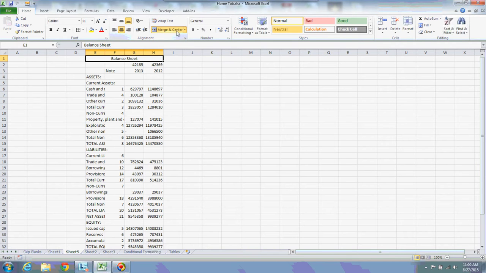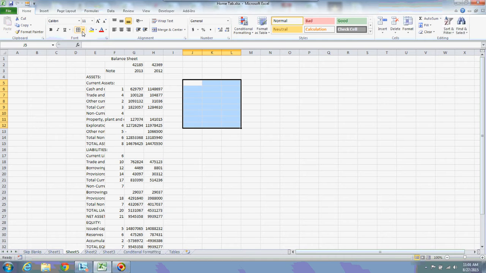Now, when we do the same thing with merge across, it merges the cells, but it is aligned to the left side of the cell. You can also change from left to center using this one based on the requirement. Now merge cells, you can see this one.